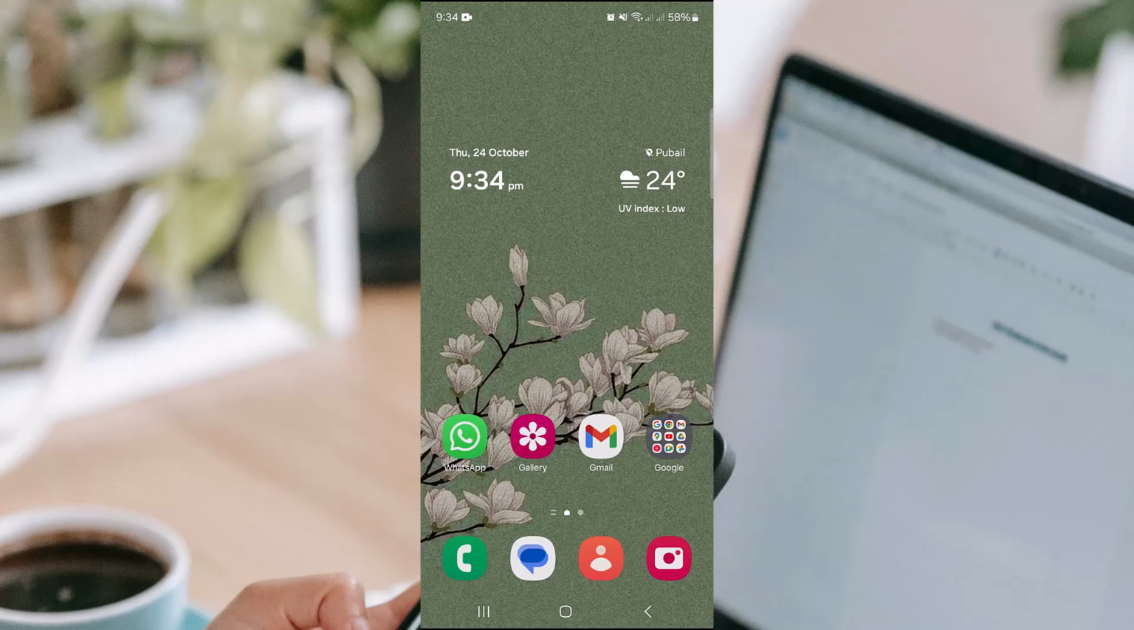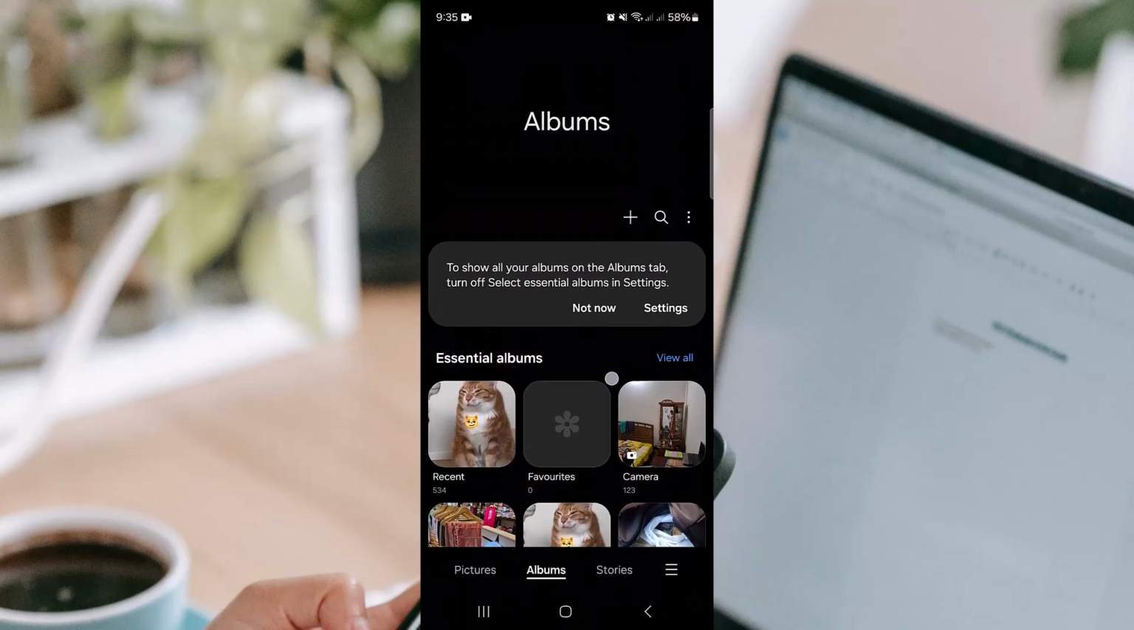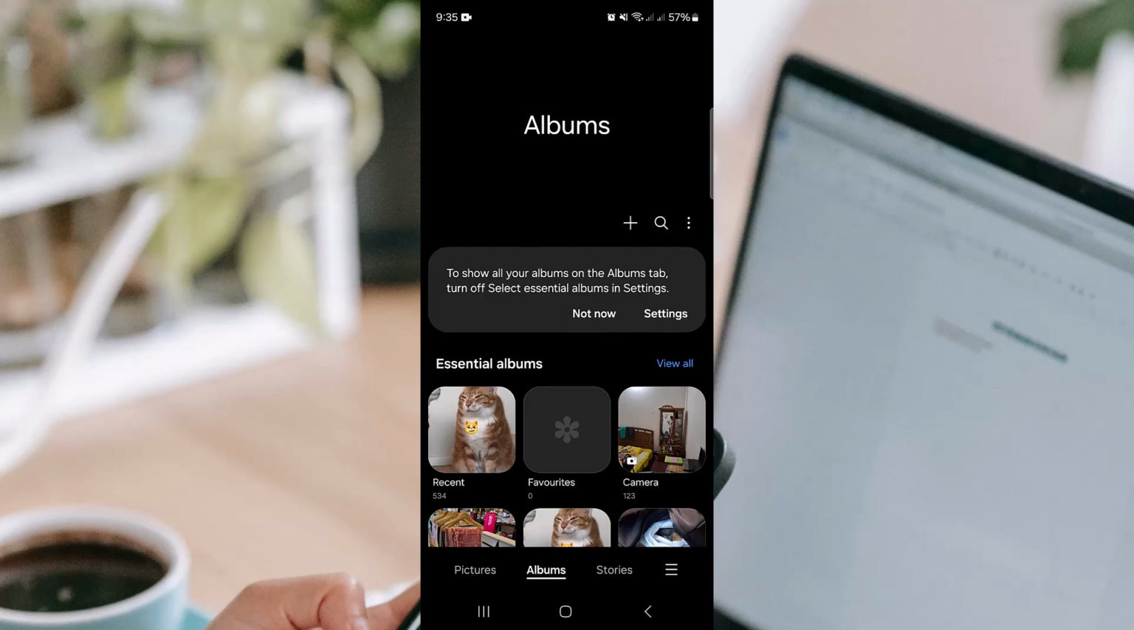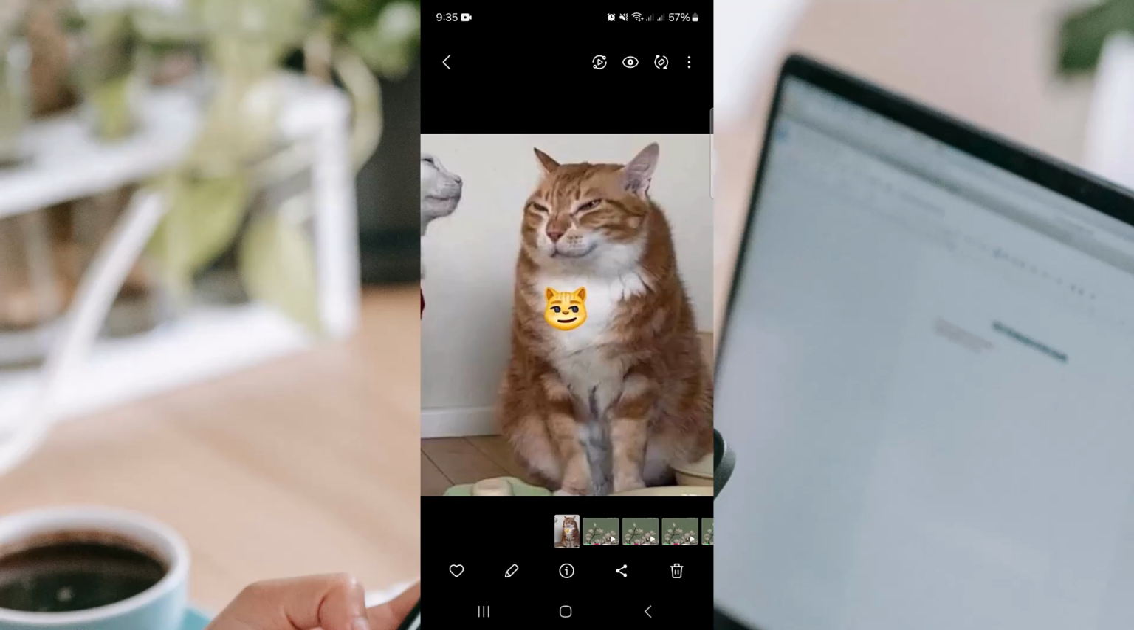Then head over to your gallery. Once you're there, you will be able to see the picture I just downloaded, and you can do it too with